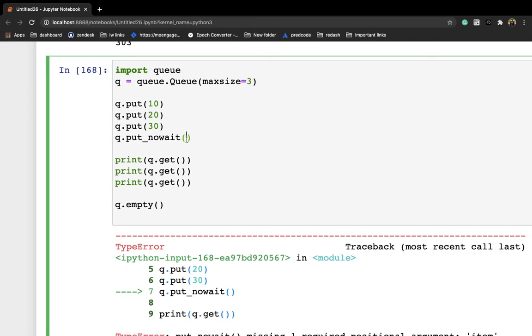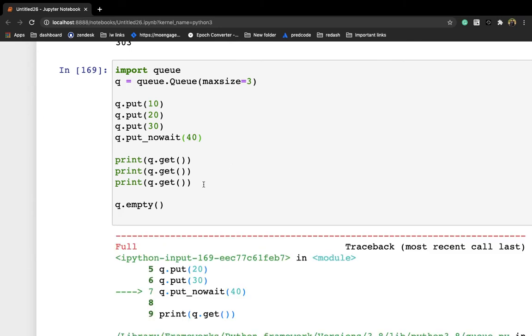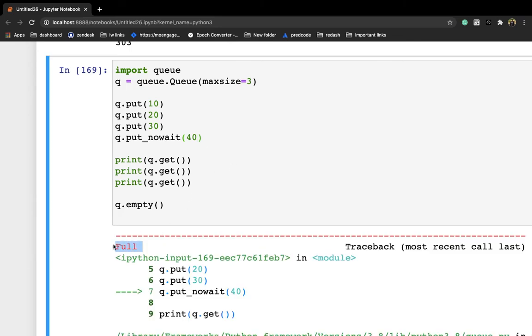Okay, sorry. Yeah, it immediately throws an error saying this queue is already full, right? So 10, 20, 30, maxsize is 3. If you are pushing a fourth element to the queue using put_nowait, you will immediately get an error saying this is full, right?